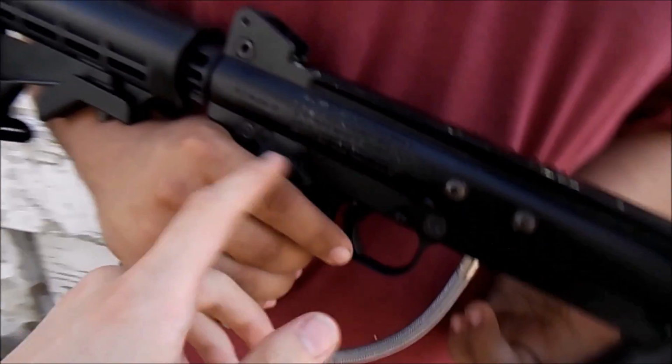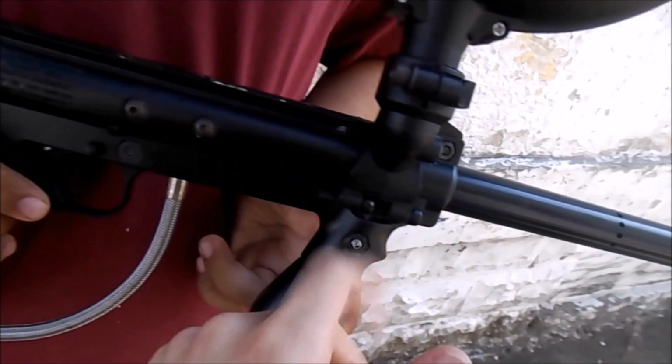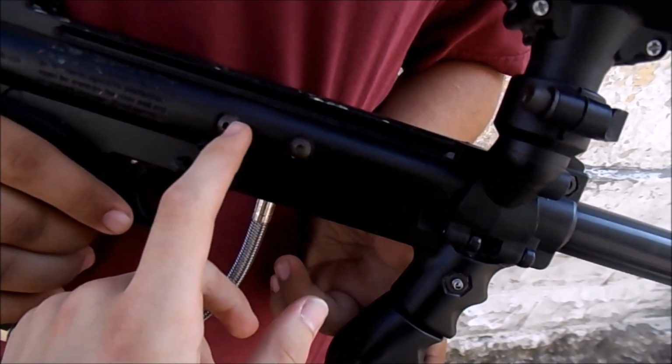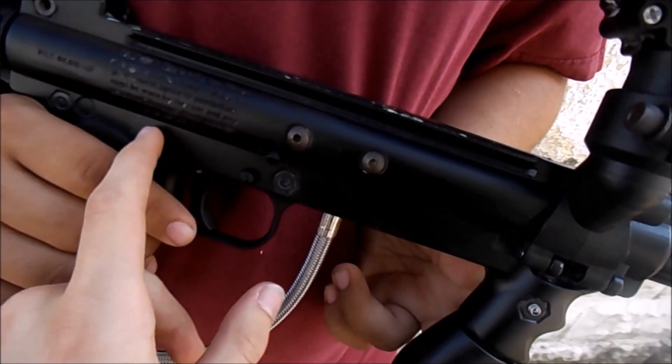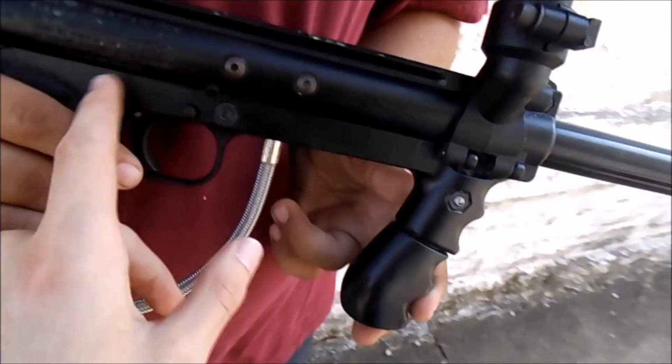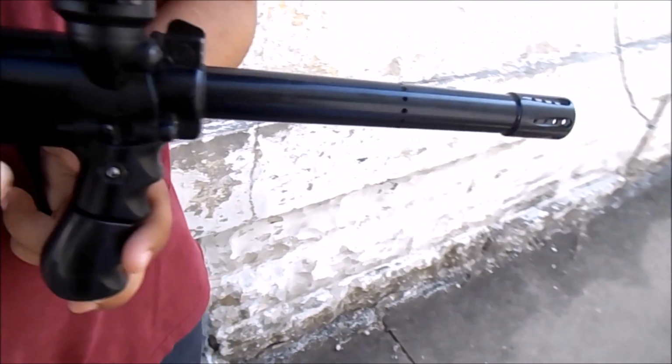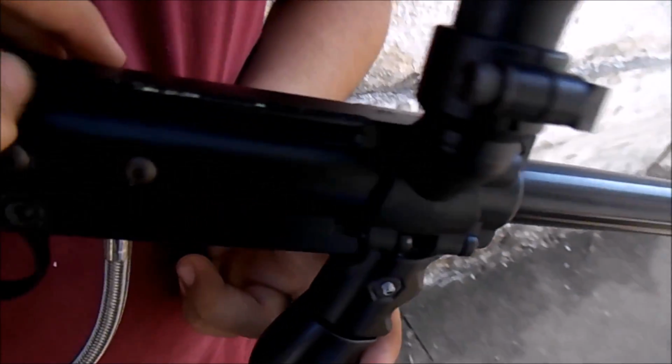So down here we have the instructions. It doesn't say Tippmann 98 on this side. These 2 screws are meant to be taken out for a cyclone feed, which is also available to put on, as well as different kinds of triggers. So yeah, that's basically everything you got to know about the Tippmann 98, except one other thing, which is that